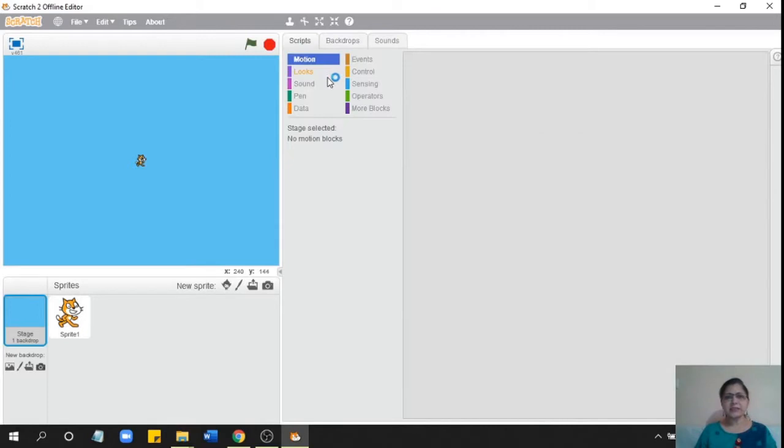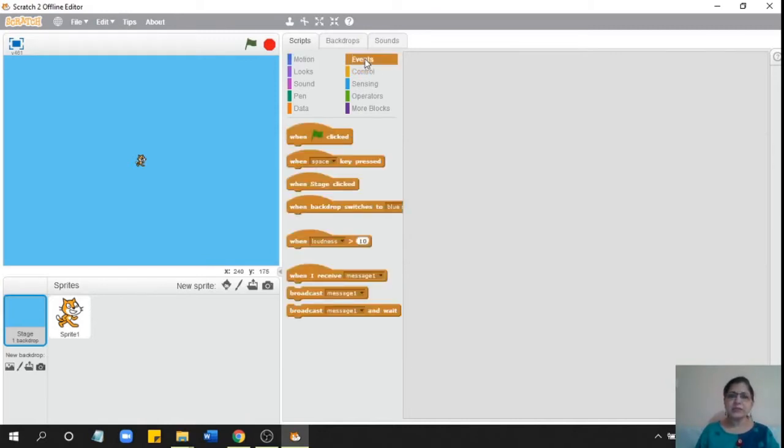Now let's begin writing the script. If I want to draw any shape using Scratch, as I have taught you in the previous class, you must use the pen block commands to start drawing. So first of all we'll begin with when flag is clicked.